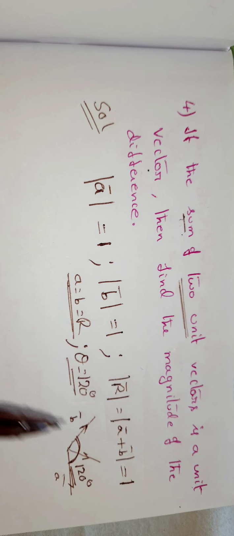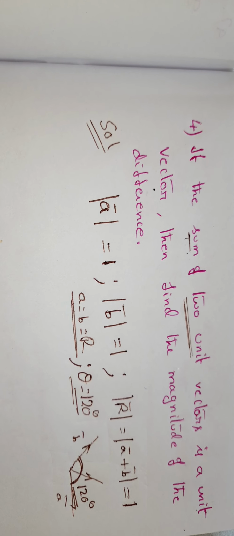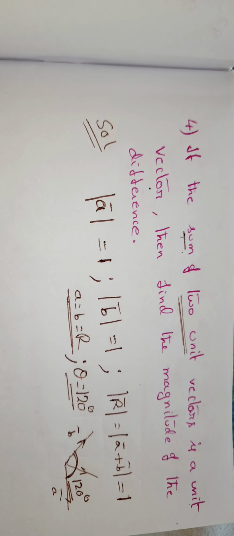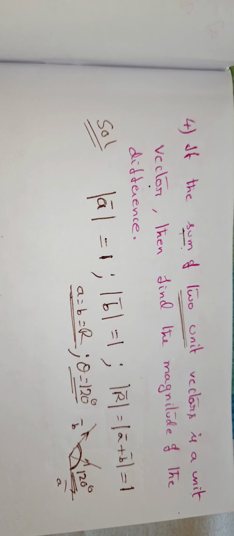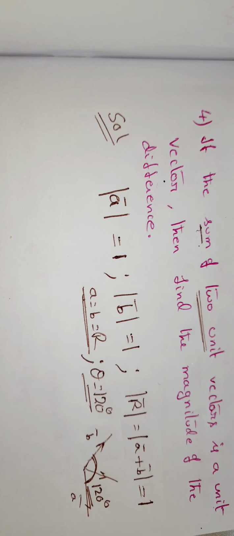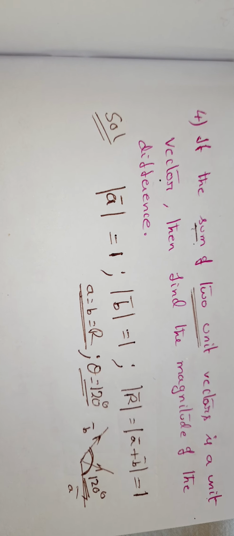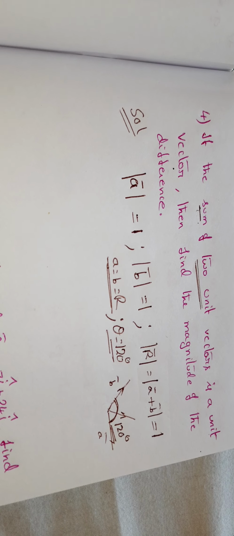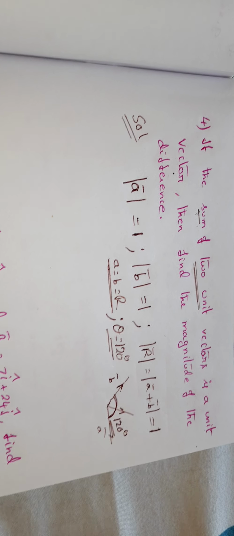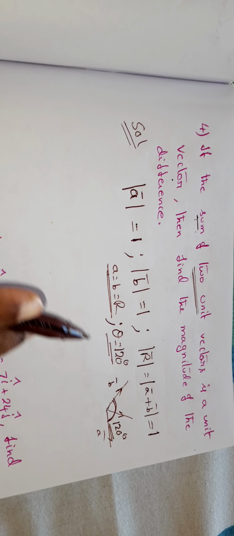It is 120 degrees. So my dear young minds, from the first part of the problem, we can conclude that the angle is also given to us. We have to extract that from the concept. So from that we can conclude that theta is equal to 120 degrees. This is what we know.